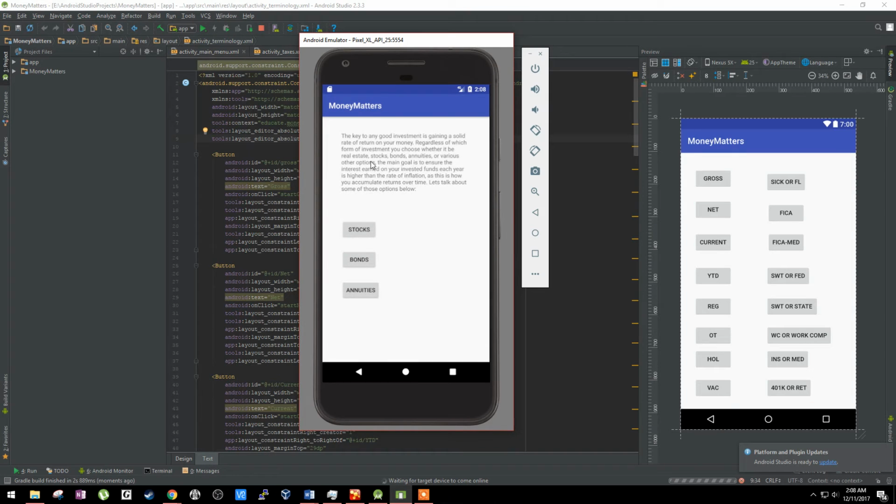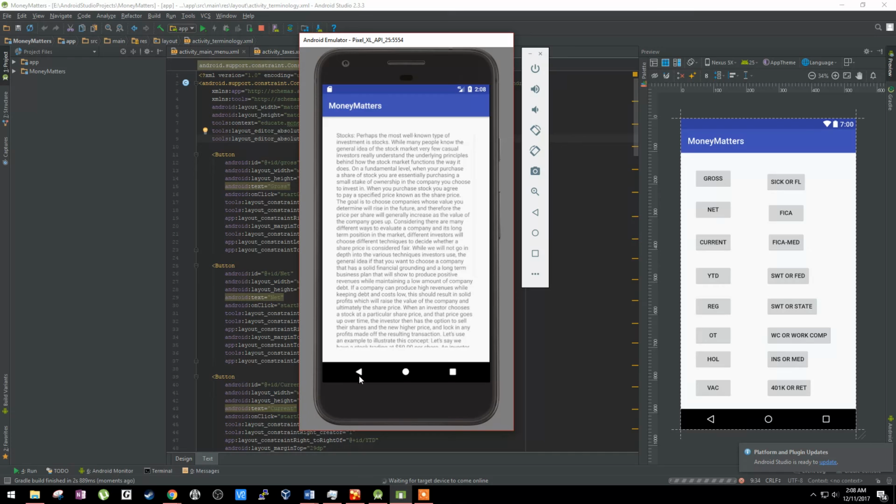Investments, we went with stocks, bonds, and annuities. Obviously, there's a lot more investments we could go through, but again, with the amount of time I had to really present the information and get everything working, I didn't have a lot of time to go deep into each topic because honestly, I mean, you could spend months